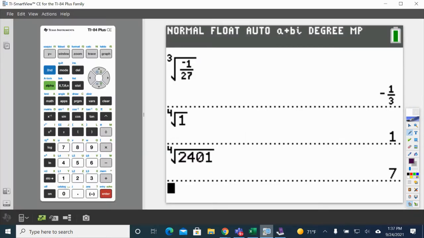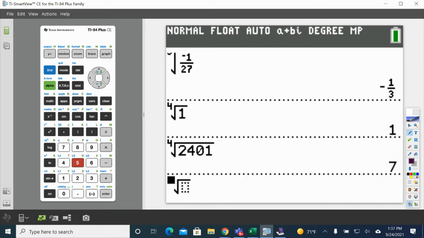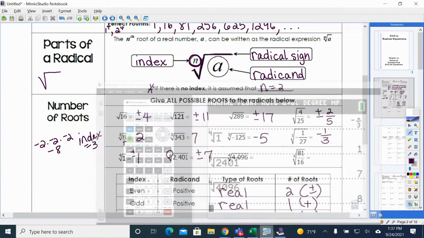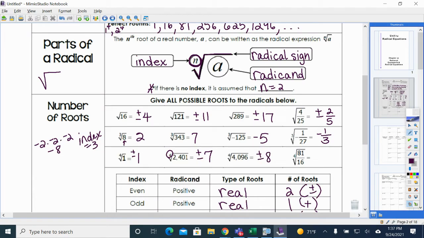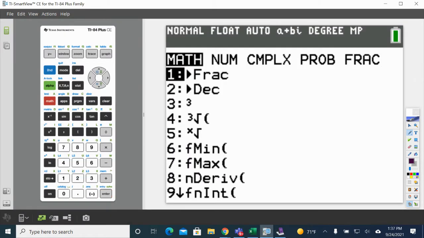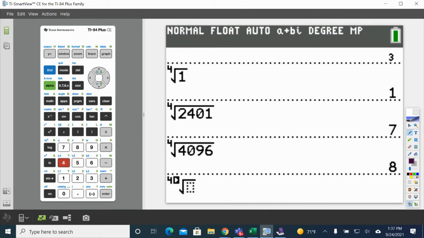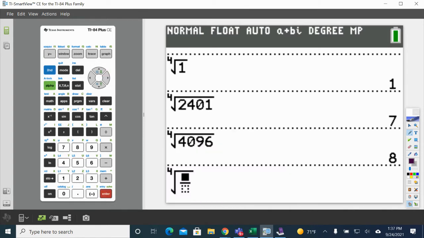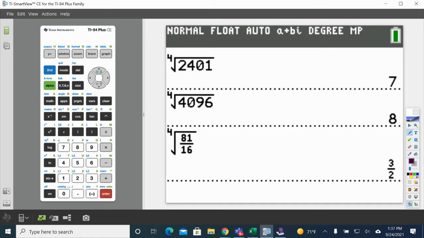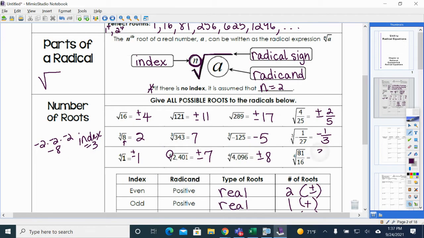The 4th root of 4096 is 8. Again, positive or negative 8. And then the 4th root of 81/16 is 3/2, and again, it can be positive or negative. Now, here's why. I'm going to go back to